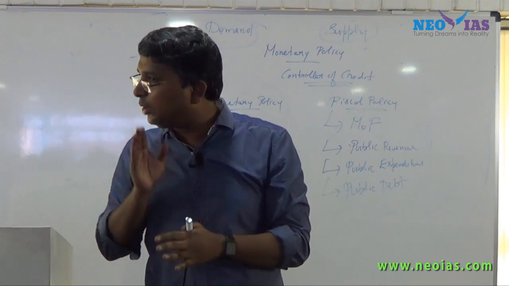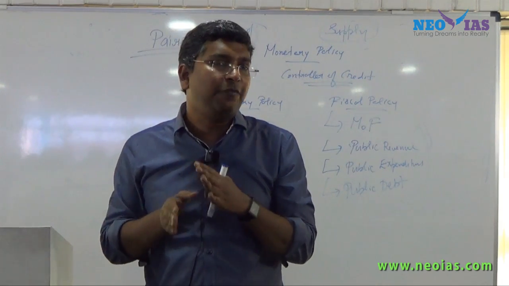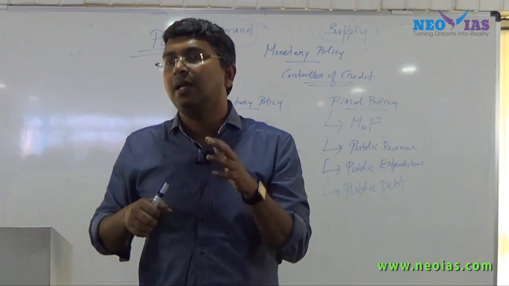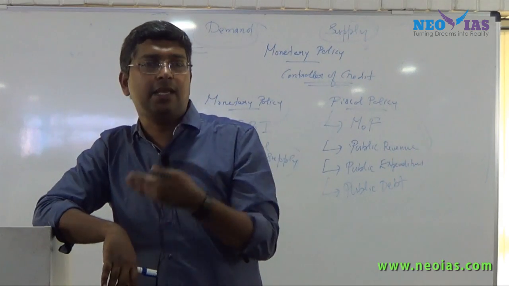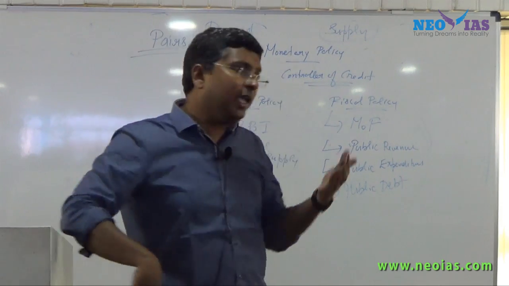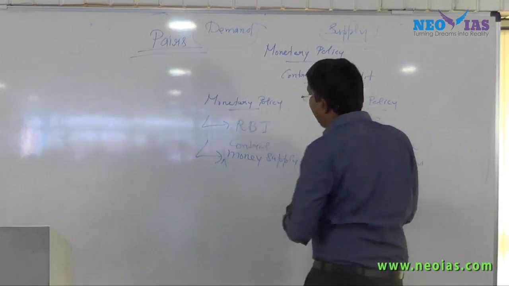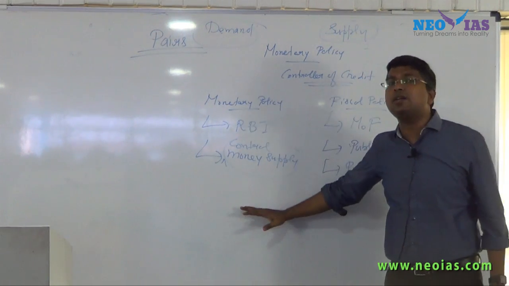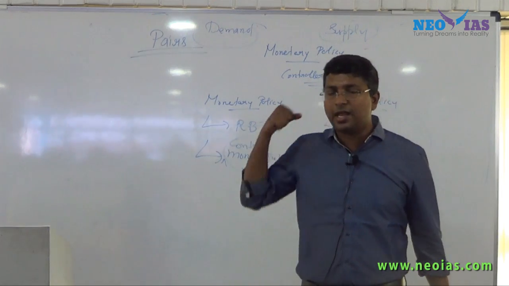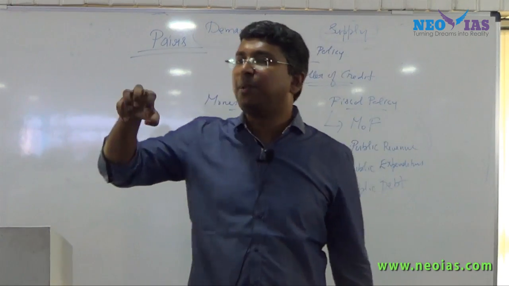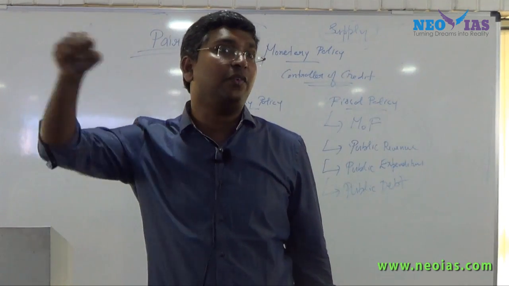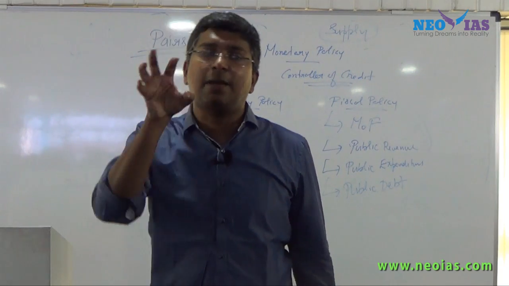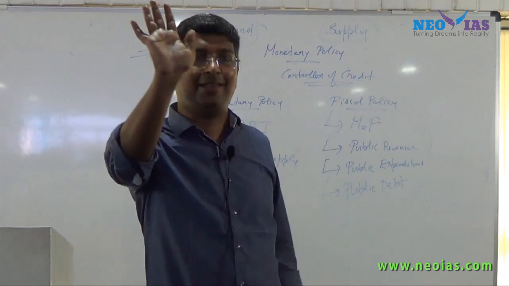That is monetary policy and fiscal policy. If both are not consistent, if they are not coordinating properly, the required impact will not be seen in our economy. So for the time being, just have an idea. In monetary policy, RBI, by controlling credit, is suppressing demand during inflation time. Either it will suppress demand or it will promote demand.